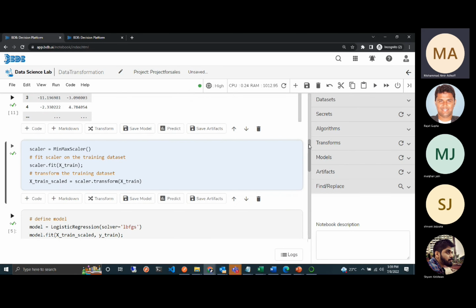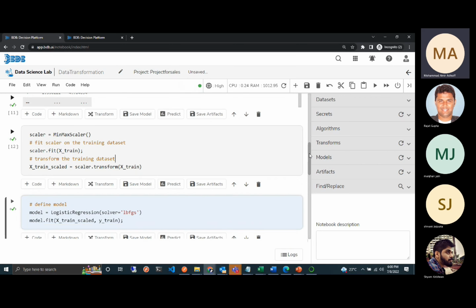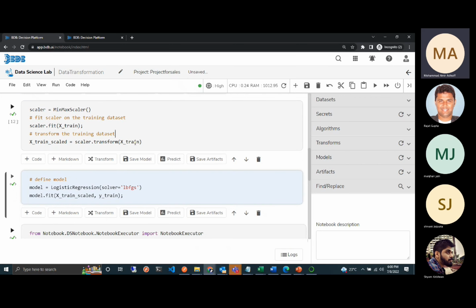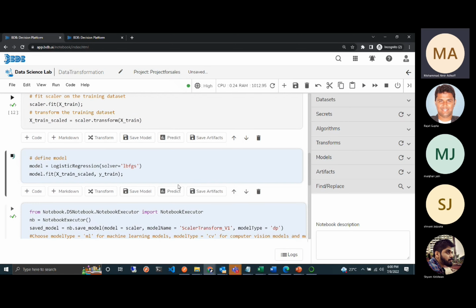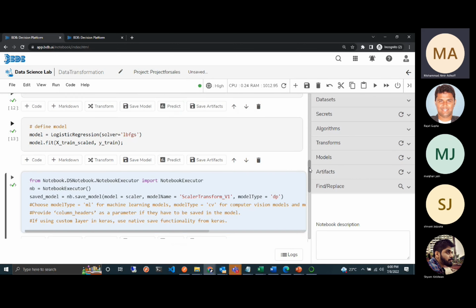And you can see that I'm using min-max scaler here. So I am making use of min-max scaler as a pre-processing step, and I have transformed my trained data. Okay, and then I'll be using a logistic regression model, and I will fit this scaled data, which I created by transforming the trained data. So now what I can do is